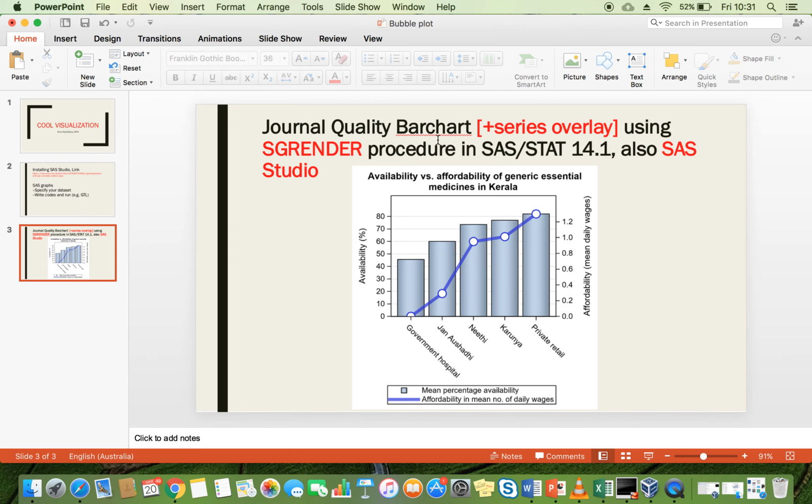Going to show you how to do a simple bar chart using SAS Studio, which is freely available to all students around the world. And if you want to know